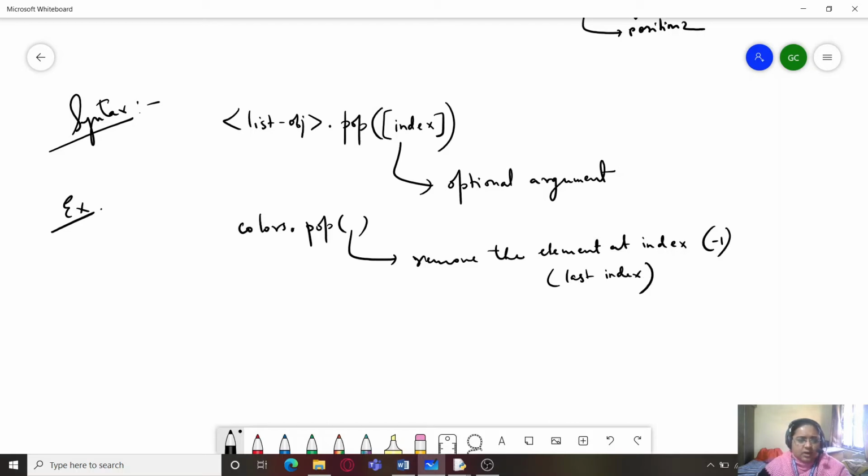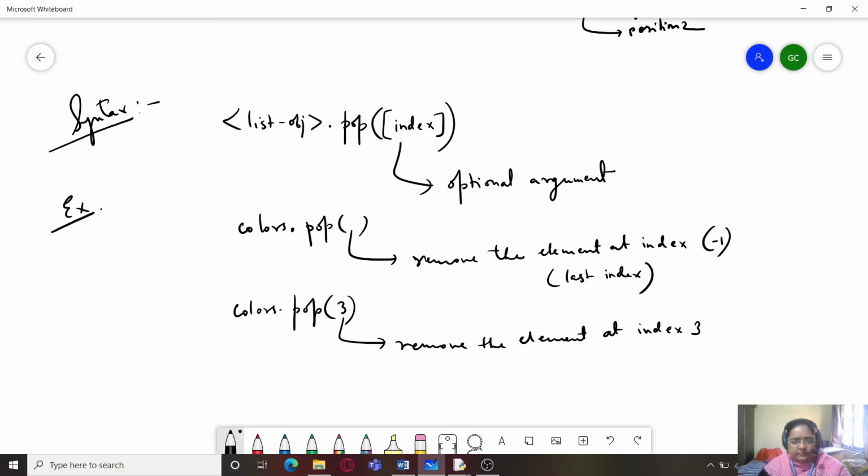And if I write colors dot pop 3, it means remove the element at index 3. You can provide negative indices also, and positive indices also. That would remove the element at that particular index location as well as return the value. And if you are not supplying any argument, it will only delete the last element.